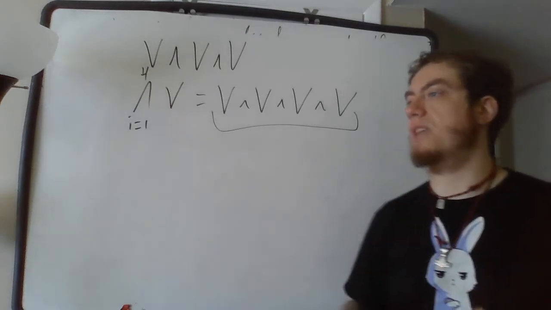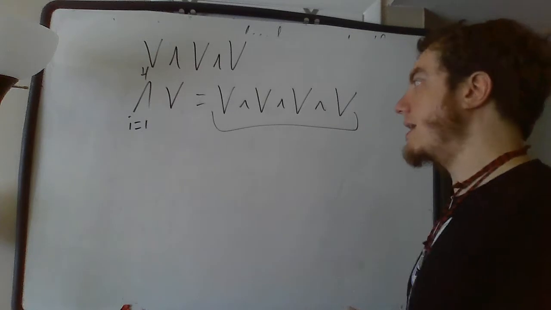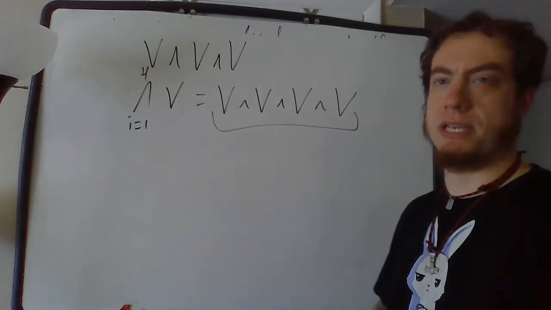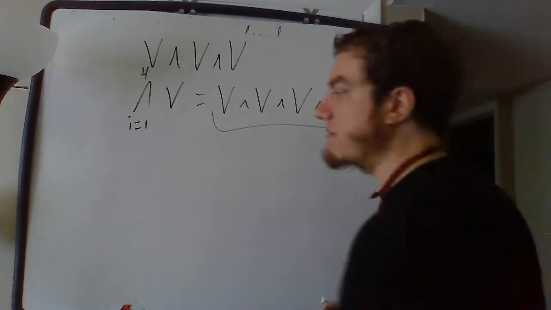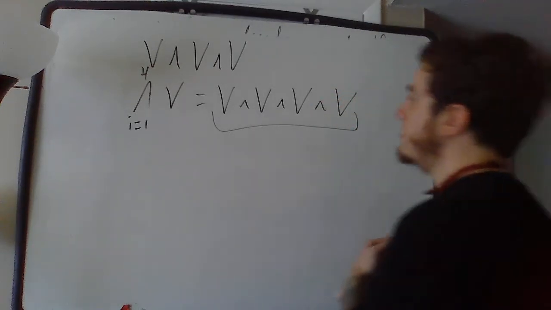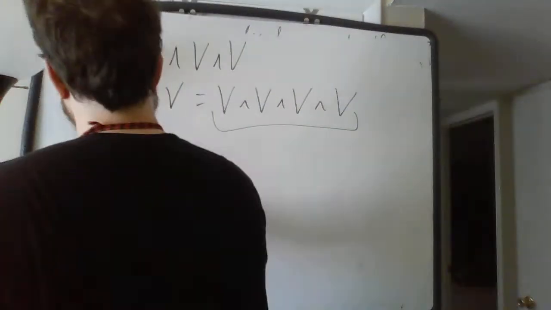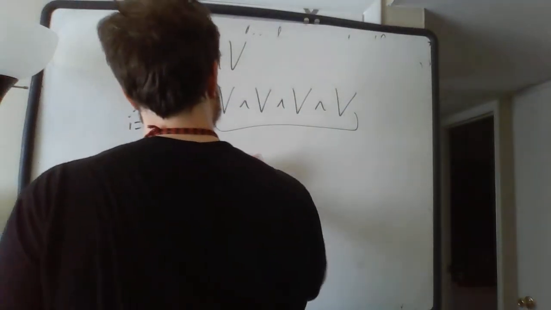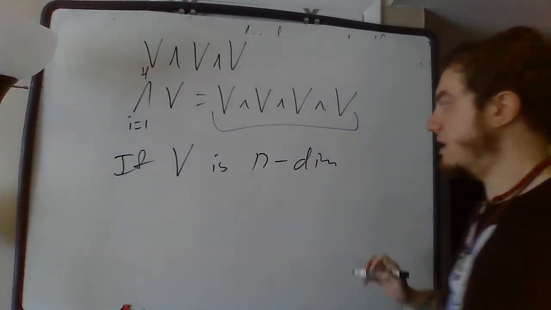Now, the dimensions of these things are going to follow an interesting pattern, and I will leave it to you guys to think about what the dimensions are going to be. But Pascal's triangle shows up in here in an interesting kind of way. Well, it's not exactly Pascal's triangle, but it's a somewhat similar kind of idea. Now, one of the things that you will notice is that if V is an n-dimensional vector space,